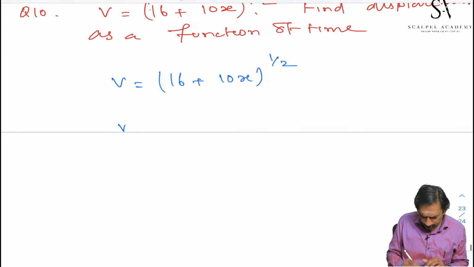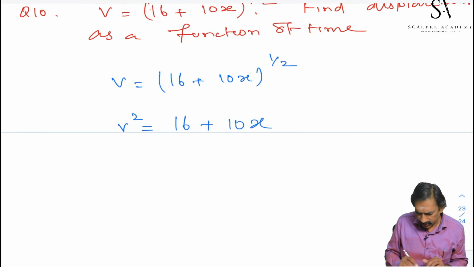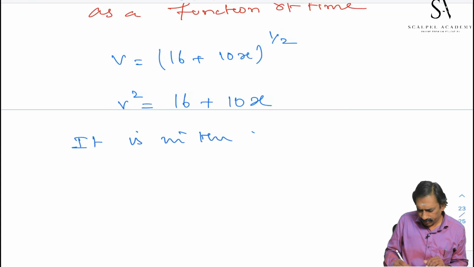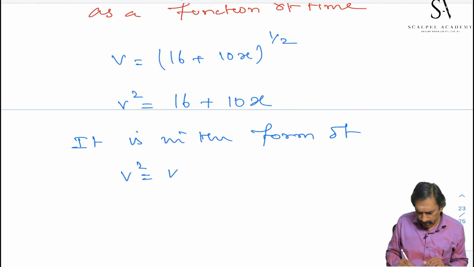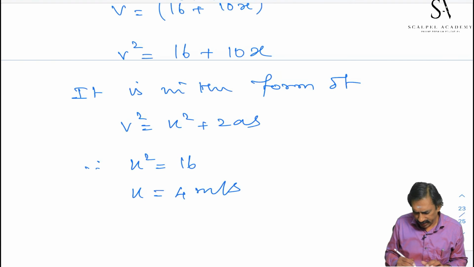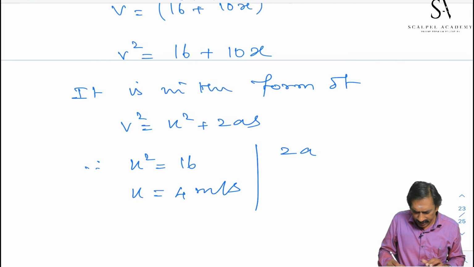Squaring on both sides, v square is equal to 16 plus 10x. It is in the form of v square is equal to u square plus 2as. Therefore, u square is equal to 16, u is equal to 4 meter per second,